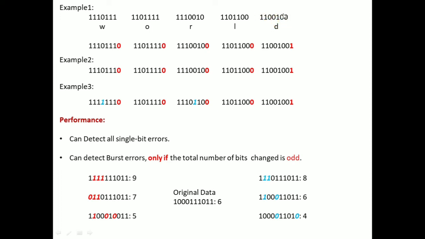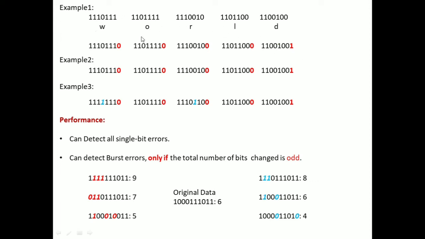But here if you see, the total number of ones is 3, that is odd. As we are following even parity, we have to make the total number of ones even. So for this reason we are adding an extra 1. So here now the total number of ones becomes 4. This is how we are going to convert the given message into the even parity message, that is, we are adding the redundant bit, and finally we will send this information to the receiver. Now this is the sender information.